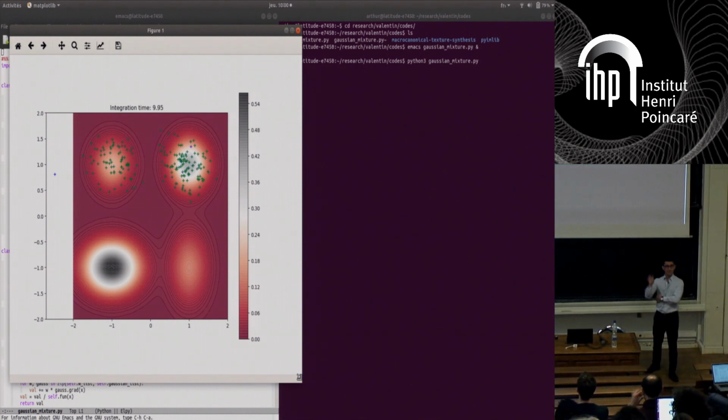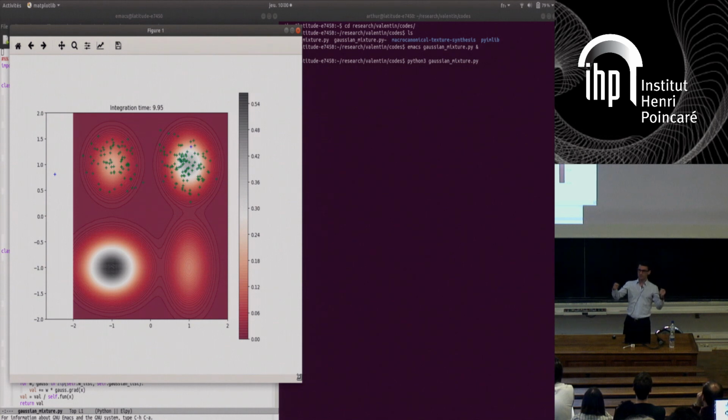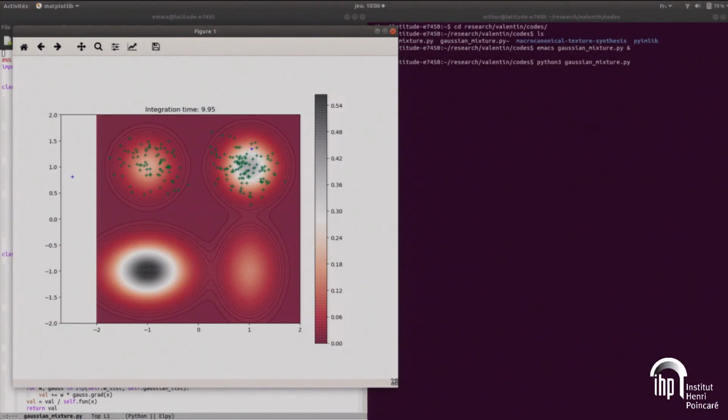As you can see, you will visit some mode of the GMM, but with this integration time, the step size is too small to jump from one mode to another. So it would be consistent. If you wait sufficiently long, it would actually jump from one mode to the other, but you have to wait sufficiently.